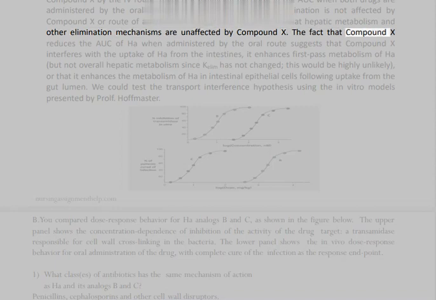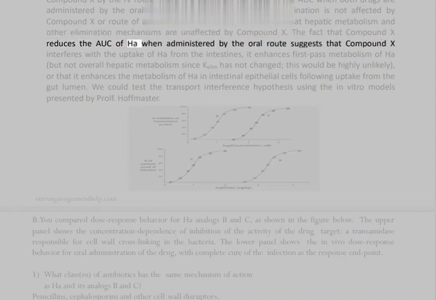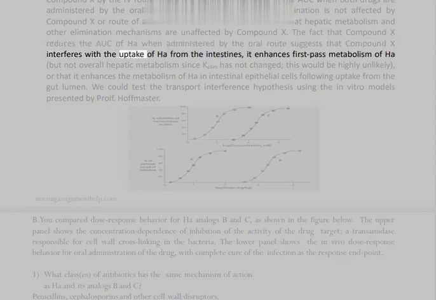The fact that compound X reduces the AUC of HA when administered by the oral route suggests that compound X interferes with the uptake of HA from the intestines. It enhances first-pass